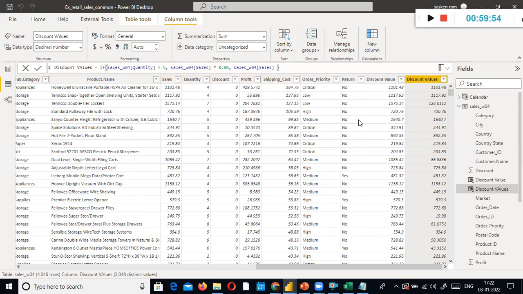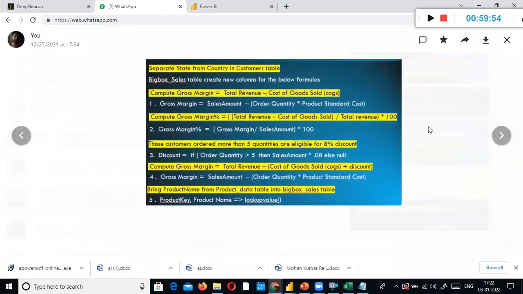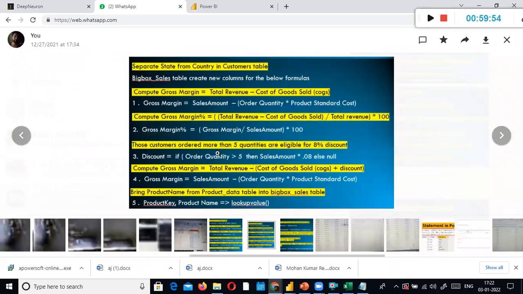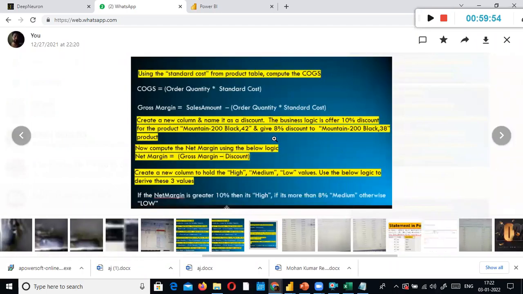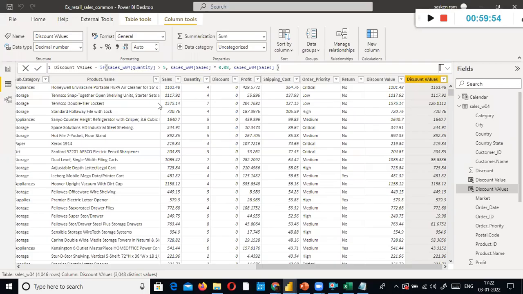And another condition I mentioned here is the product, right? Those customers who purchased more than 10 products, and also if the product is so and so product, then so. That part we will see tomorrow, the ampersand and all, how do we do that. We will slowly increase the complexity, right? You just simply implement this one, and then practice it.